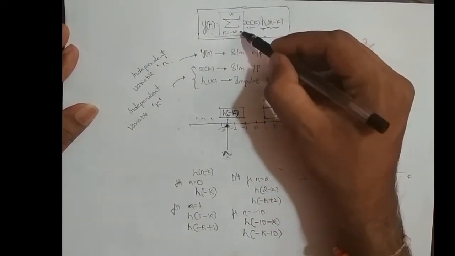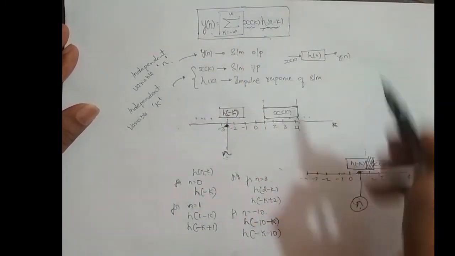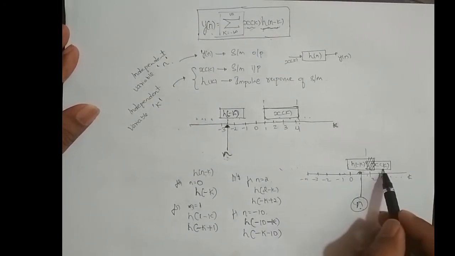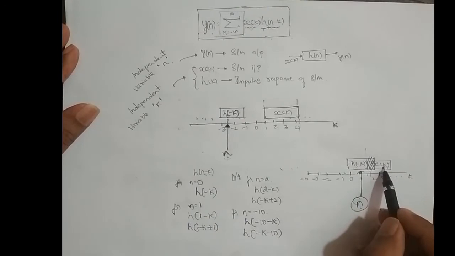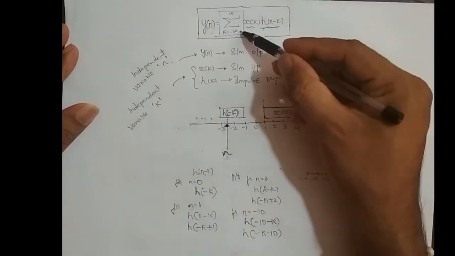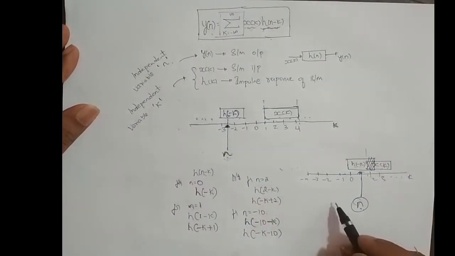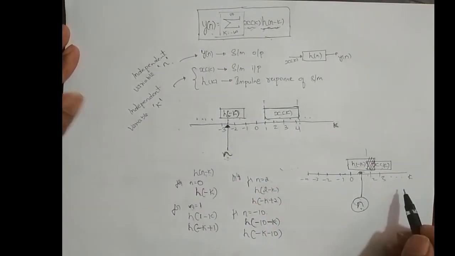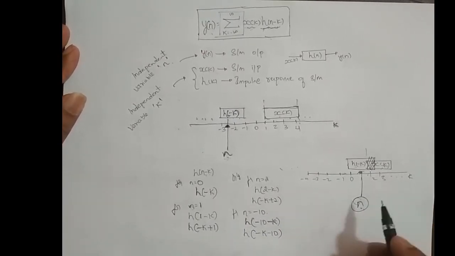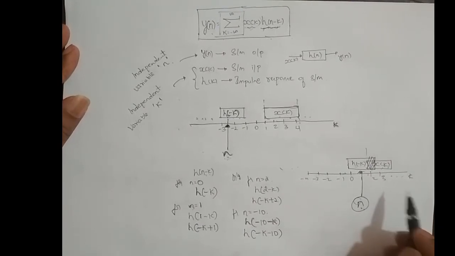This is minus infinity to infinity because h of minus k, this is actually a sequence, this might be an infinite length sequence. In that case, k might take values from minus infinity to plus infinity. Fine. I hope you got the concept. In the next video, we'll take up a few examples to solve some convolution sums of infinite length sequences.